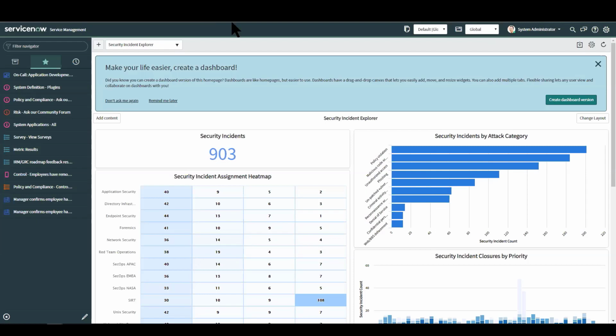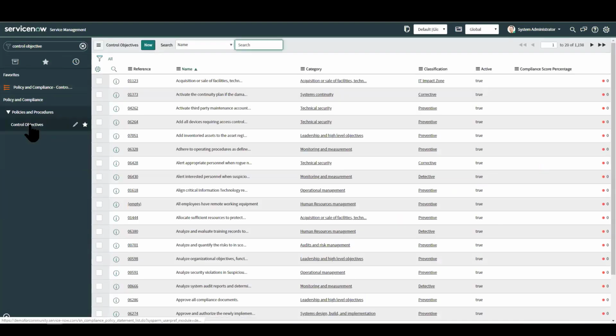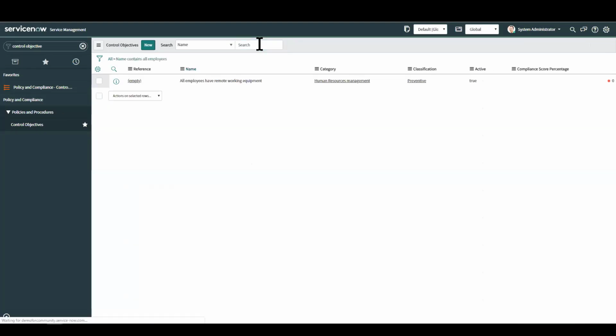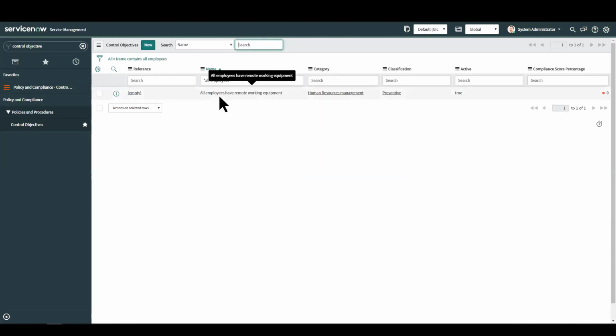So here we are, Phil. Now please guide me to the creation of the indicator template. Exactly. So we're going to create an indicator template against the control objective. An indicator template is going to give us a consistent approach to automatically test that control objective consistently for each of those controls. So if you navigate to your control objectives, we want to find the control objective for all employees have remote working equipment. So I do the star, all employees, to do the search, and I find the control objective called employees have